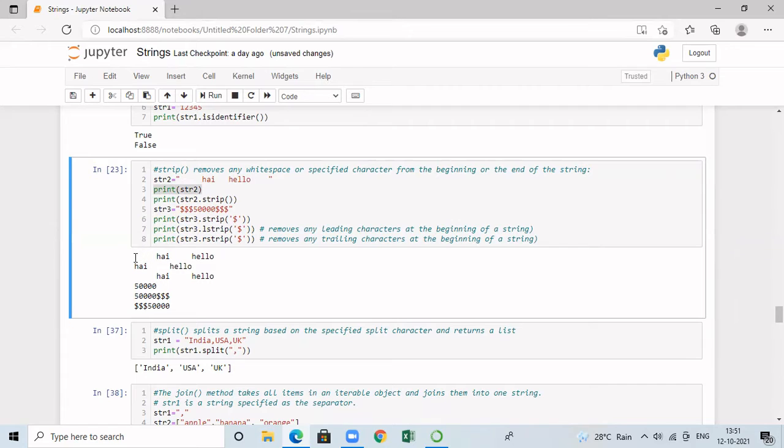So hi is printed, and after hello, the white space will also be removed. You can see here, when I highlight, I am getting blue color here, whereas in this I'm not getting that. So whatever white space we have in the middle of the string is not removed by strip.